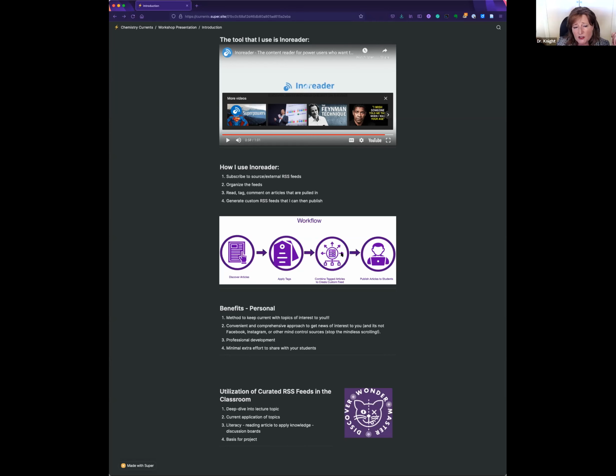Once it's tagged, it goes into, it's not exactly a folder, but let's call it a tagged folder. What you will have set up is an external RSS feed, and this is leaving the system, that will publish whatever articles you have put in that tagged folder. That's why we have to think about this setup before we get too far. Again, I'll be walking you through it, but this is an essential step